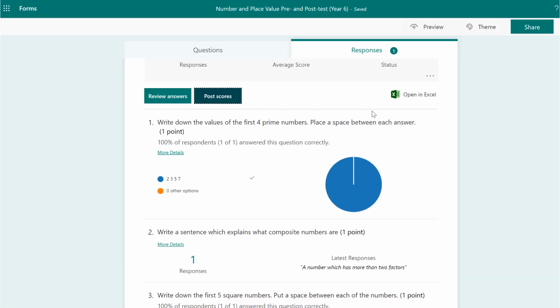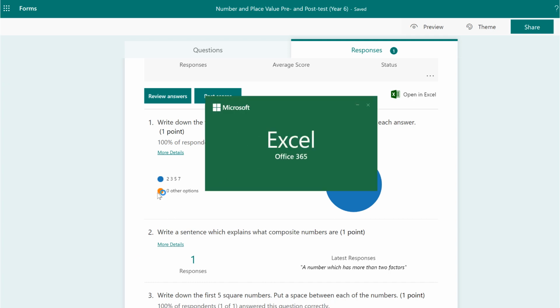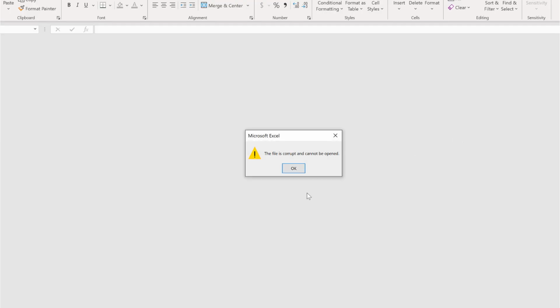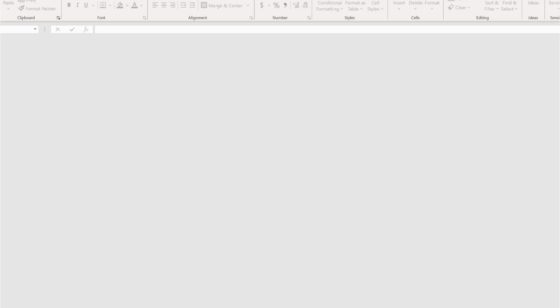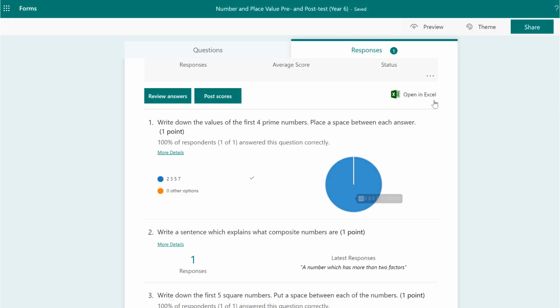Once you've done that and you've marked them all, then you will need to open this in Excel. And it will say, we're opening this in Excel, and it will download it. You can't see it at the moment because it's slightly off the screen. I'm not recording that section of my screen. When you click open, however it downloads, obviously if you use Chrome, it'll be down the bottom. It'll load up Excel. And then what will happen? The file is corrupt and cannot be opened. That wasn't very useful. So when you click opening in Excel,